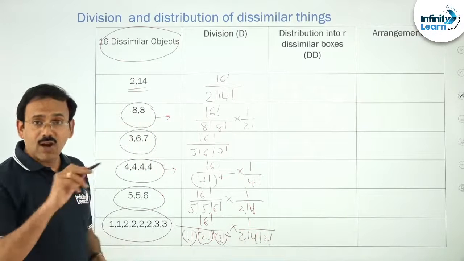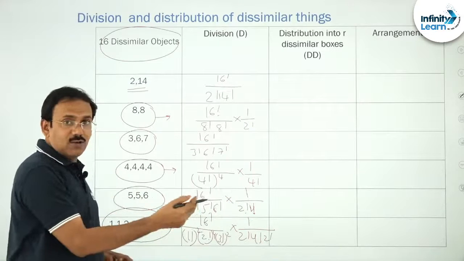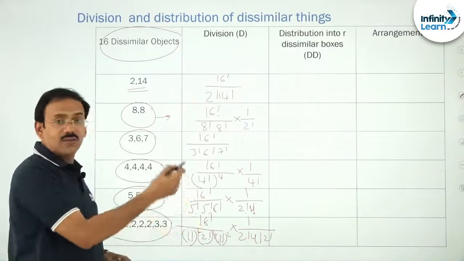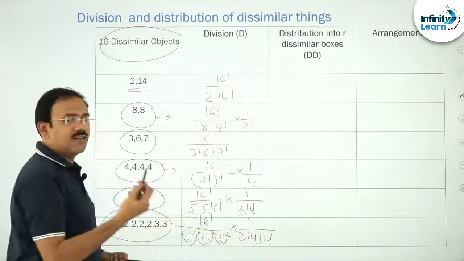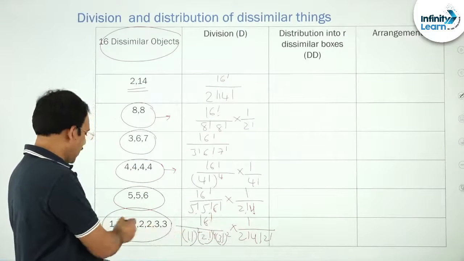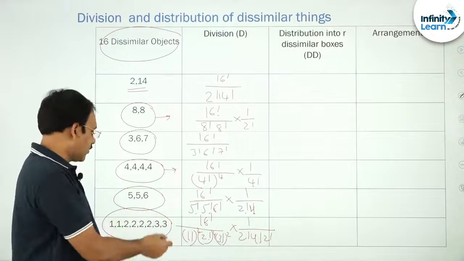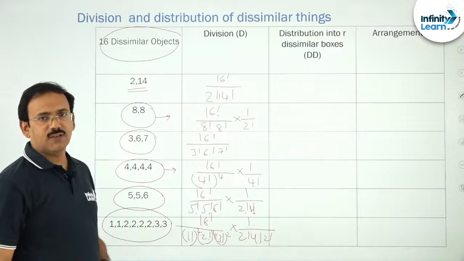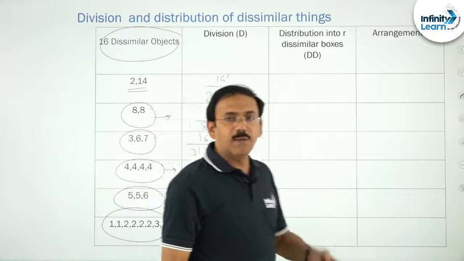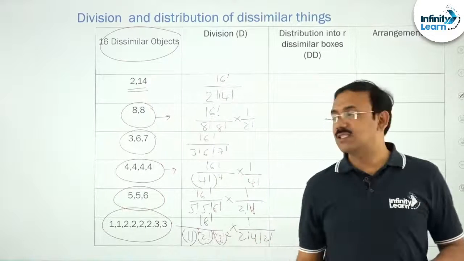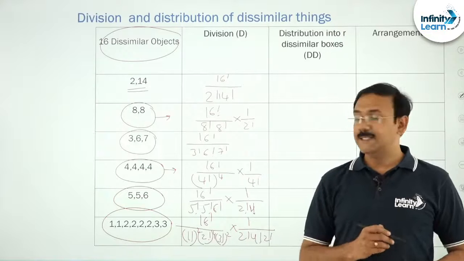Like target, Mississippi, mathematics kind of problems, you write total factorial by 2 a's 2 factorial, 4 b's 4 factorial. In the same way, you don't write the numerator, but in the denominators you write 1 2 times 2 factorial, 2 4 times 4 factorial, 3 2 times 2 factorial. In this way friends, certain dissimilar objects can be divided into groups. Fine friends. Now